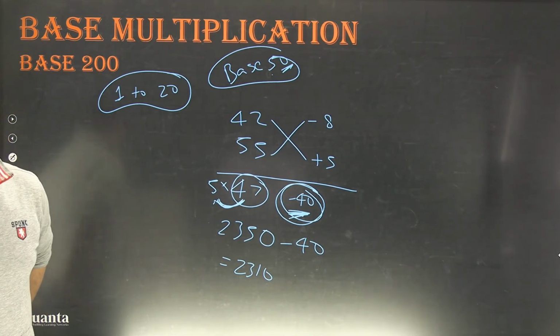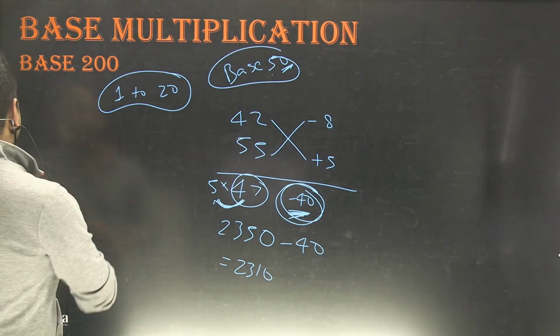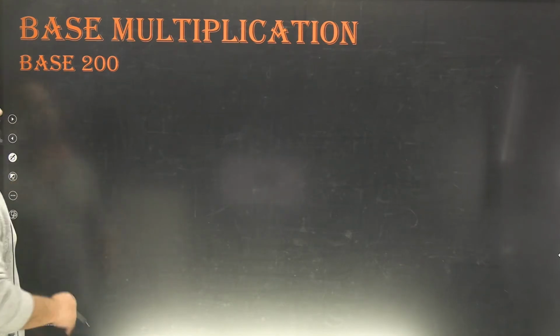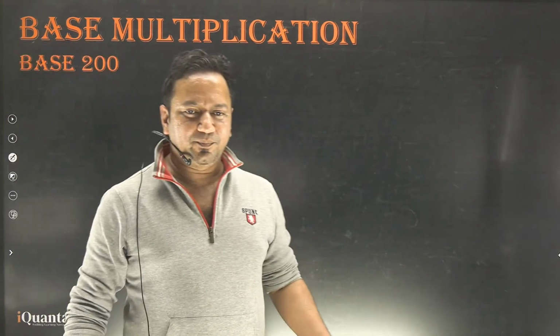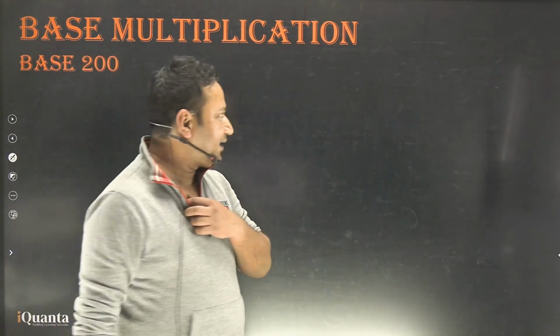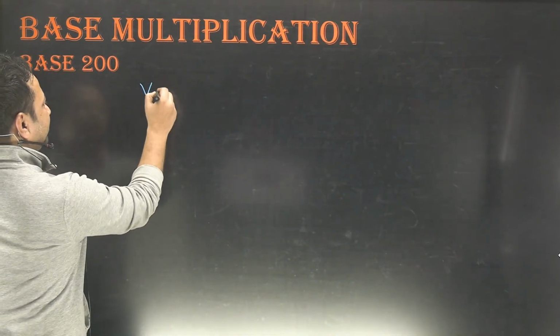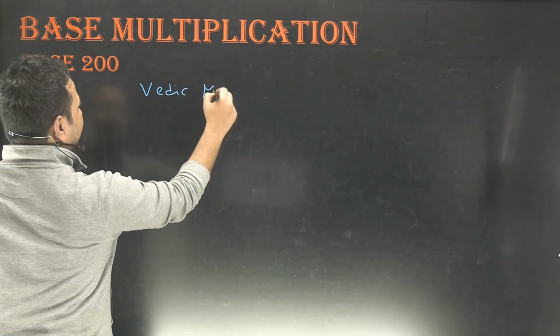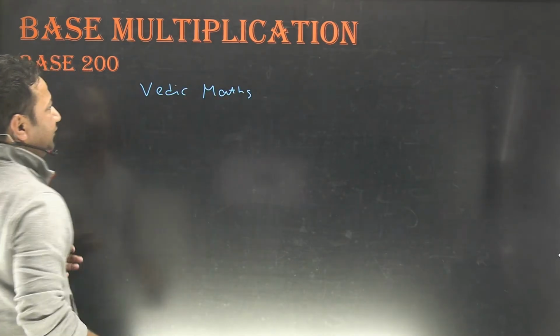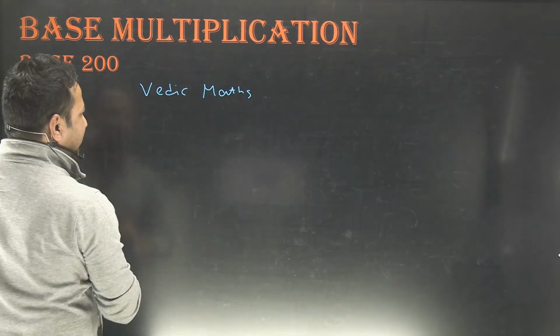Divyanshi, you can take 20 as the base. All right. So now comes the next thing in the session, and that is different bases. First of all, let me tell you what all things we are going to do in these sessions. That's not the only session. There will be multiple sessions on Vedic Maths.